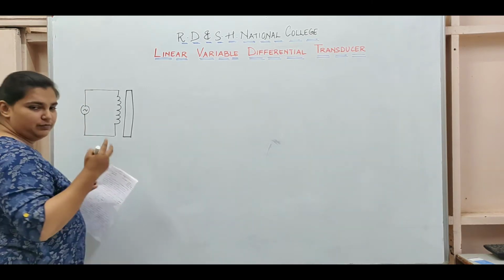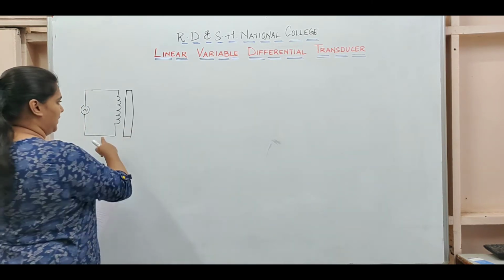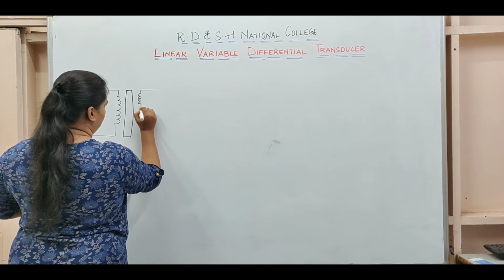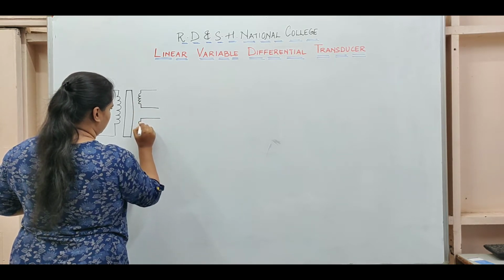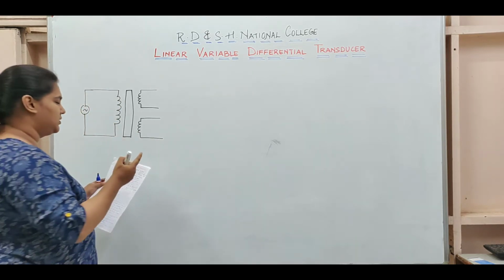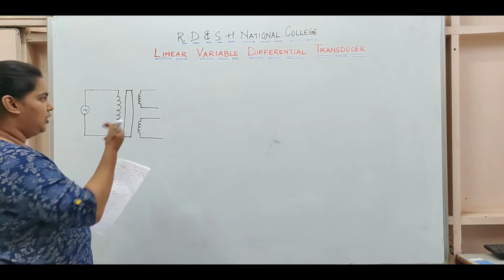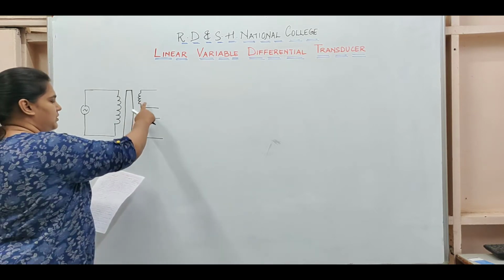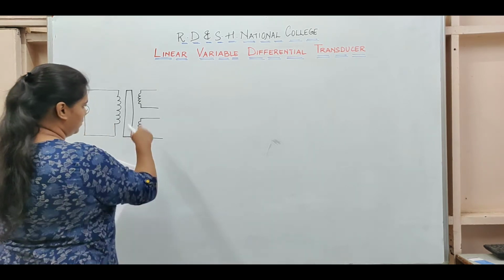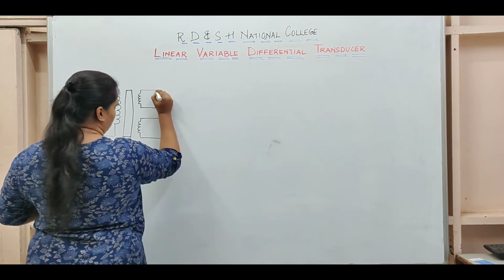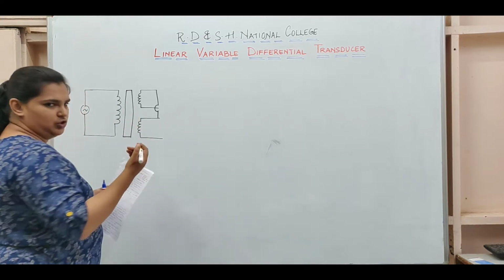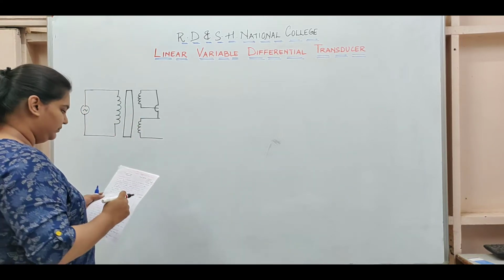On the other hand, we have two windings. So in total you have three windings, one primary and two secondary. These two secondary windings are identical and placed on either side of the primary winding. They are placed at equidistance from the primary winding on opposite sides, and the number of turns and everything else is exactly the same in both secondary windings. Now these two secondary windings are connected in series, opposite in direction but connected in series.